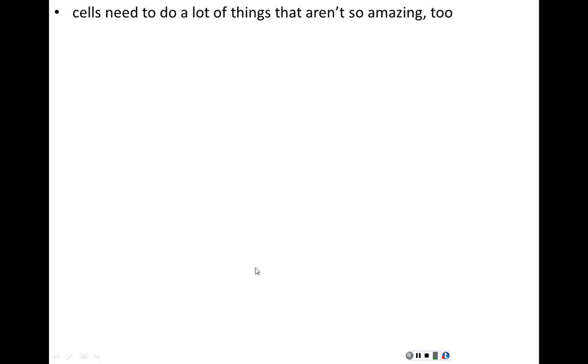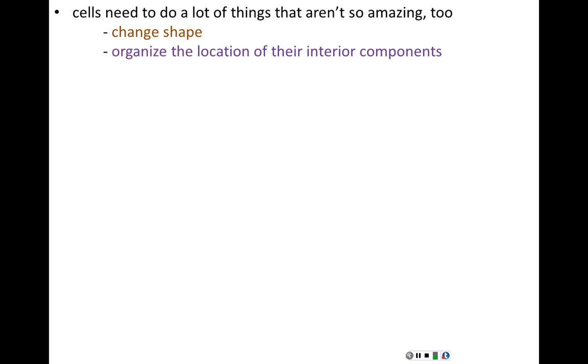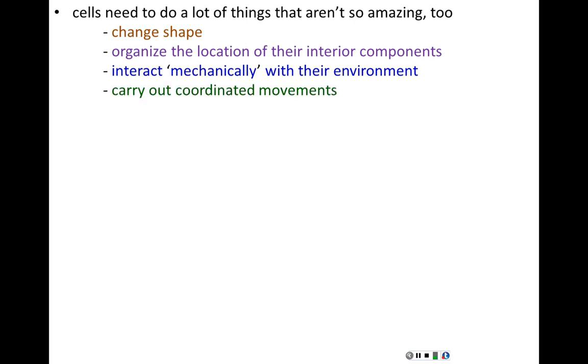So cells do a lot of amazing things, and we've spent the first 3 units really highlighting some of the truly amazing things that cells do. But cells also do a lot of things that aren't so amazing, some more mundane, everyday things, such as change their shape, organize the location of their interior components. This includes vesicles, organelles, etc. The cells interact mechanically with their environment, retracting structures, protruding structures, etc. Cells carry out coordinated movements where a group of cells together will move in a coordinated way to achieve some